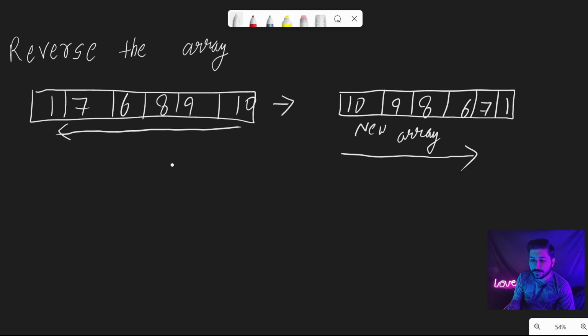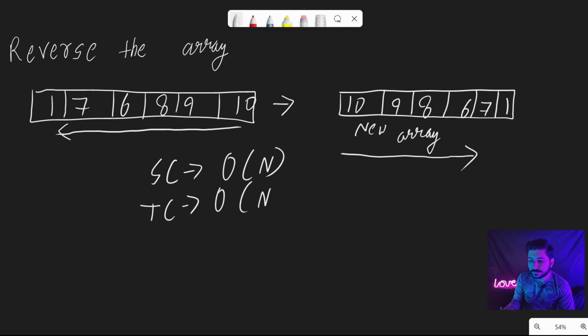This is the brute force approach, where the space complexity will be big O of n and the time complexity will also be big O of n. Now, we don't want to consume this space. If we can exclude this space, this would be optimal.